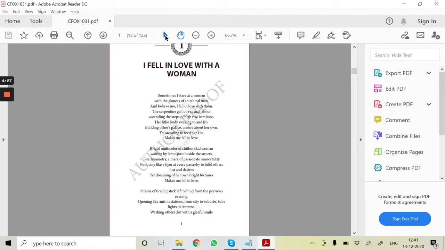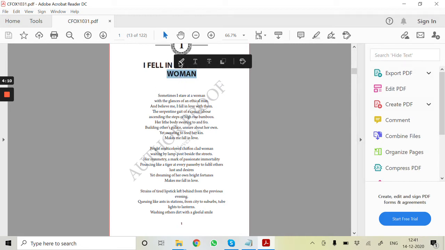This is the selection tool. So click on this selection tool, and the purpose of using the selection tool is to select a word. And now I have selected a word. I feel like, okay, this word should be in italic. So we have various tools to mark our correction.